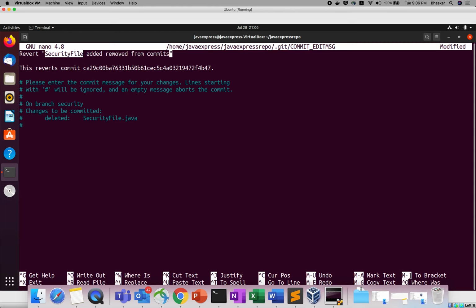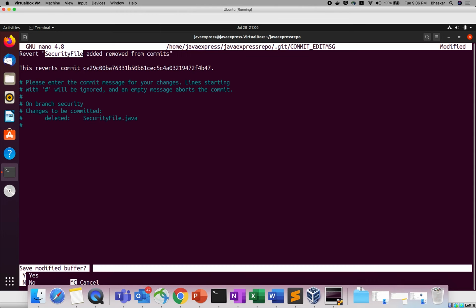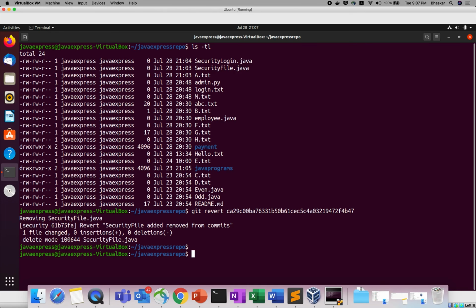Now you can use Control X, yes. Okay, now I came out of that editor. Now what I will do, you can use git.